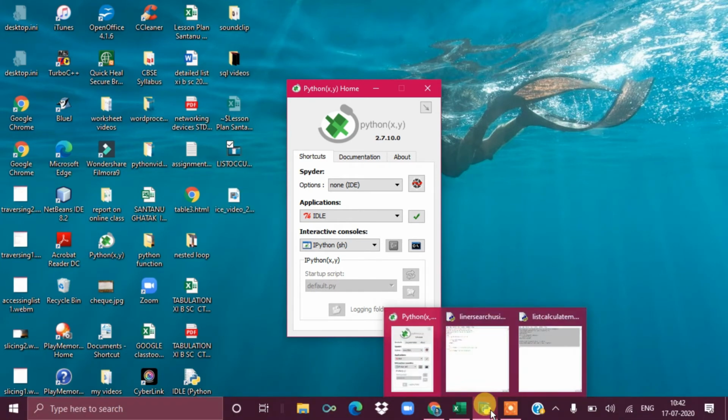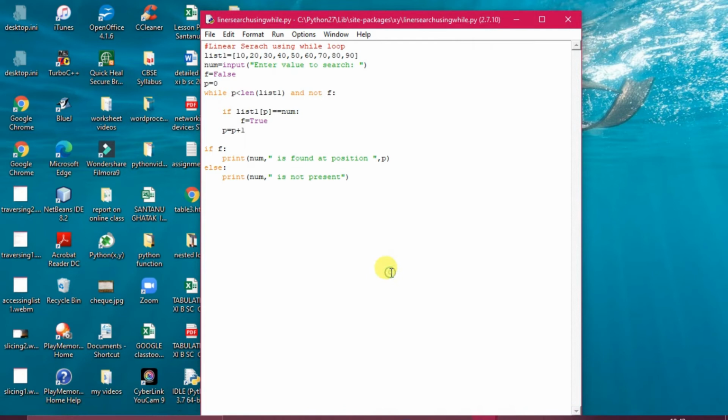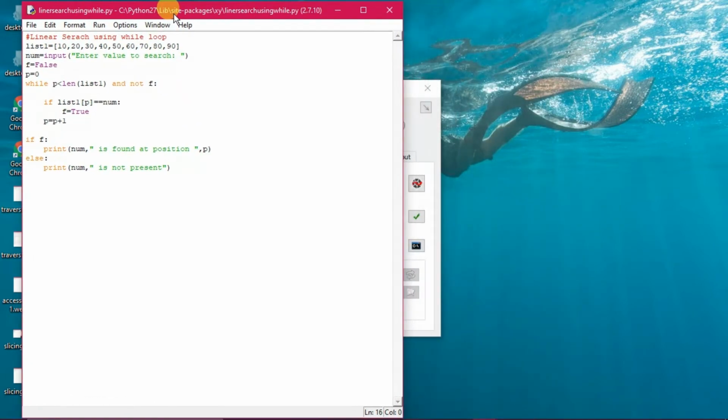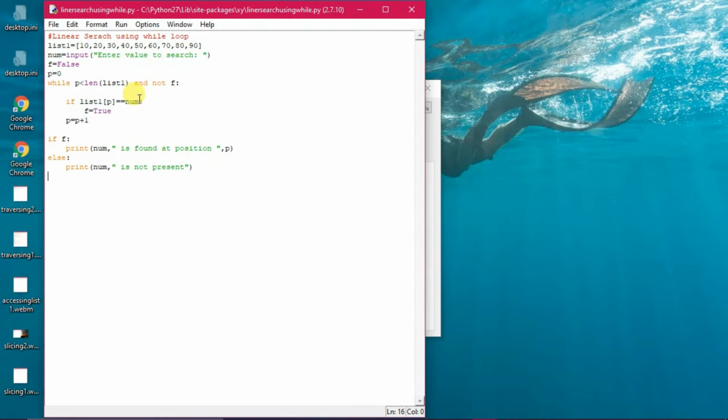Coming to our next program, that is linear search using a while loop. Yesterday I had also uploaded a program which shows you the linear search, but that was using a for loop. Here you will learn in a bit different way, that is using a while loop. Here I have taken a list, and similarly to input the value to be searched in the list, and